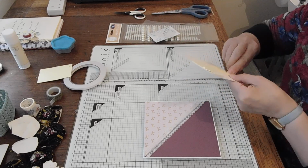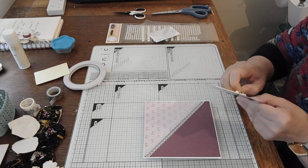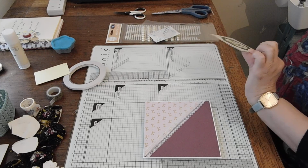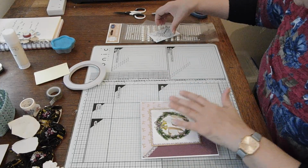So I'm slowly trying to use that's the last bit up, and then I can go to my nicer foam pads. I think I just got them because I was desperate for some at the time and they weren't a bad price. So I'm going to pop that there, and then